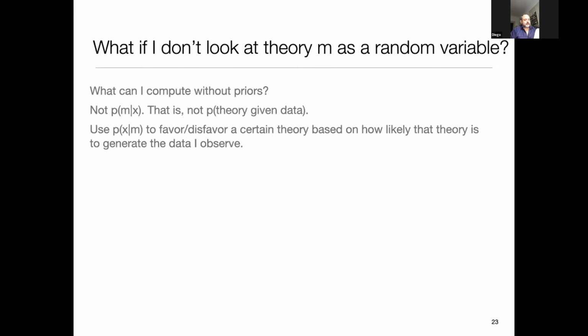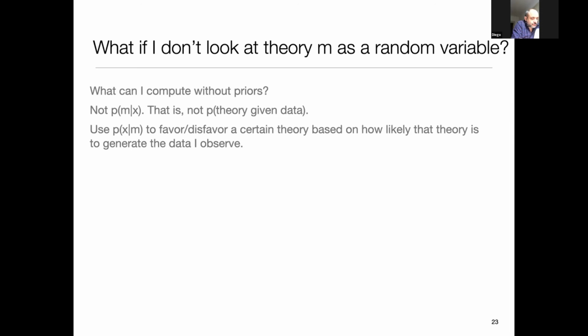So I just said that if X and M are random variables, then everybody is happy and uses the Bayesian approach. If M is not a random variable, then the Bayesians keep using Bayes' theorem, assuming priors. And then the natural question is what do the frequentists do? What can I compute without priors? Certainly I cannot compute P of M given X. I cannot compute the probability of physics given the data